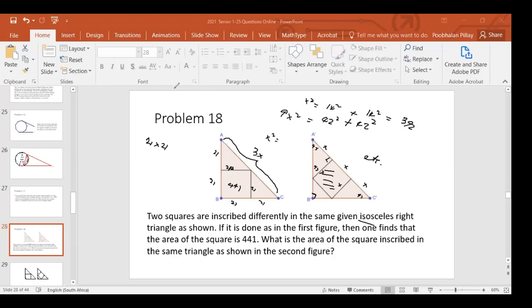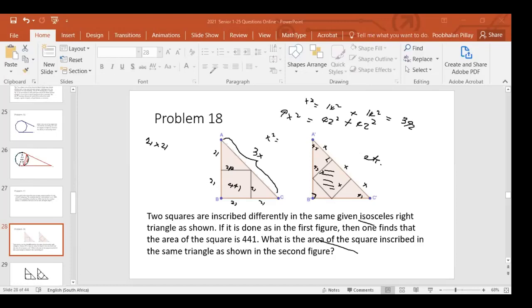All right, you'll notice that in problem solving, I go in it piecemeal. I take each piece of information and I try to see what I can gauge from that, try to get as much information as possible, and then go on. I don't read the entire question. Sometimes I do, like now I need to know what is the area of the square inscribed in the same triangle, so I needed to know that question. Okay. All right. So that takes care of problem 18.